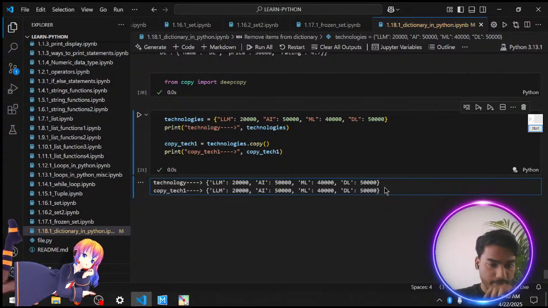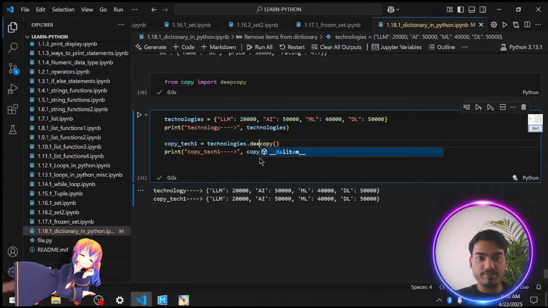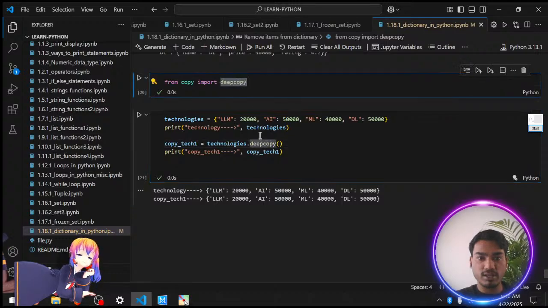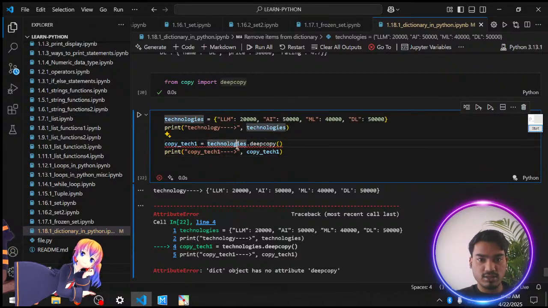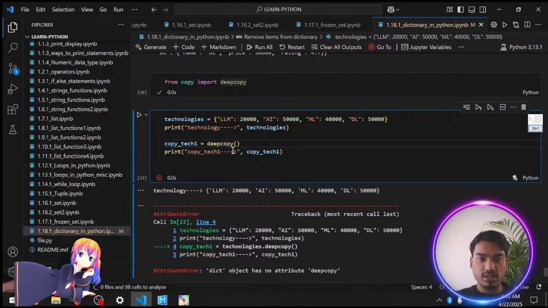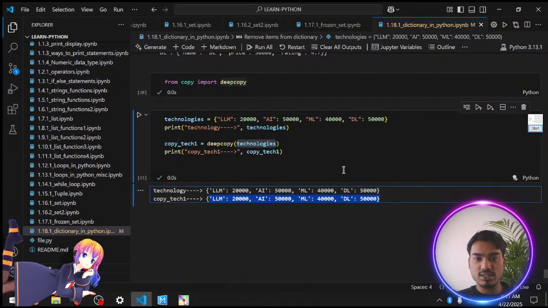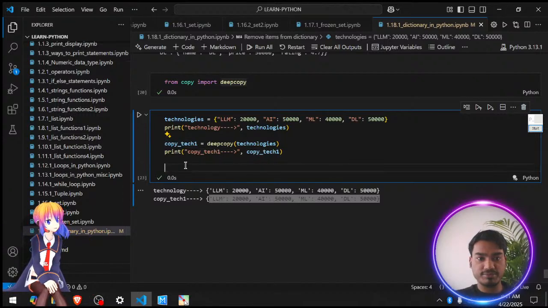Okay, so now I will check, instead of copy we need to say deep copy. ठीक है, ये वाला। If I run this now, okay, this is not how it is done. We need to say deep copy of technologies. Deep copy of technologies. Now if you see, this is a deep copy. So if I make some changes here,